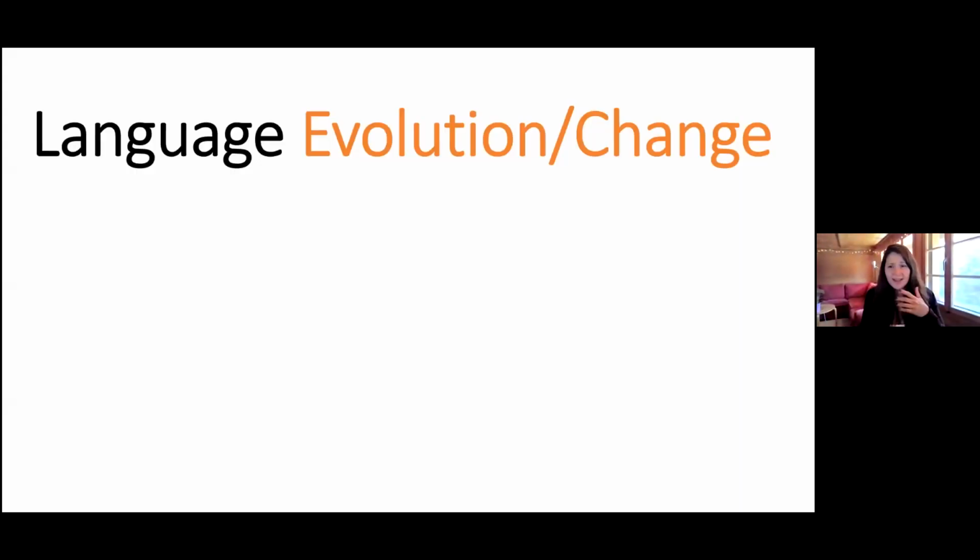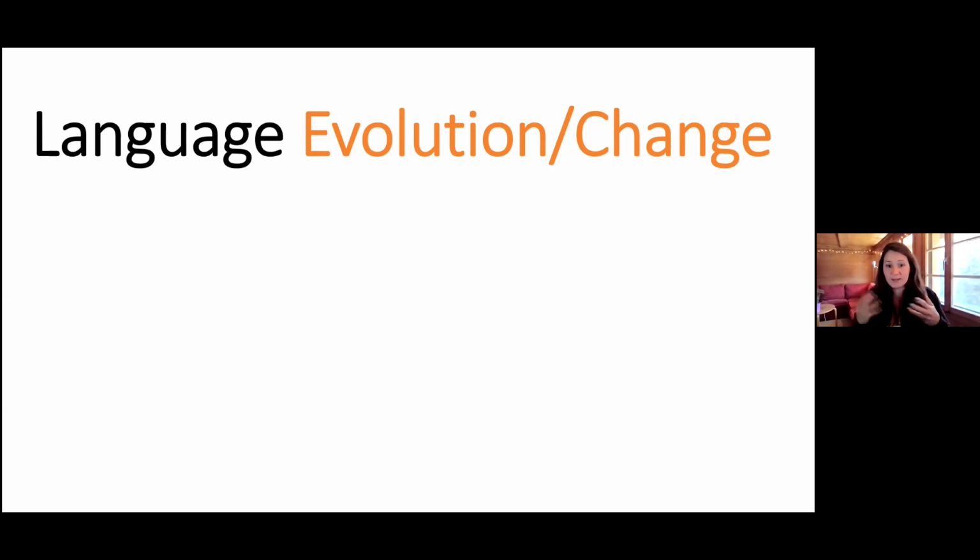So I think the first thing to consider when talking about languages is that languages are constantly changing. If there is literally one universal pattern we know to be 100% true for all the languages in the world, it is that if people use them to communicate with each other, these languages will change over time. It's a very powerful universal that we somehow tend to overlook, but I think it's super important to look at this process.